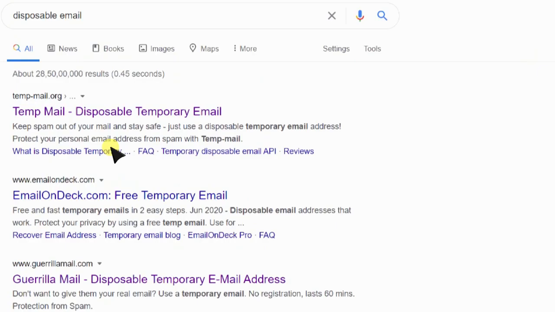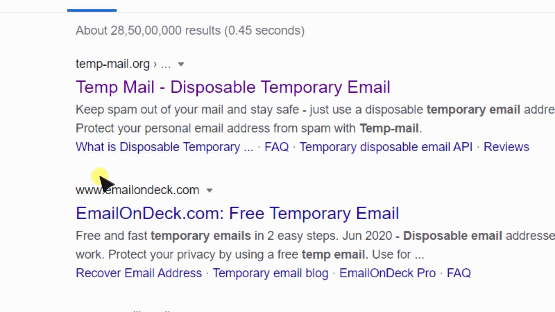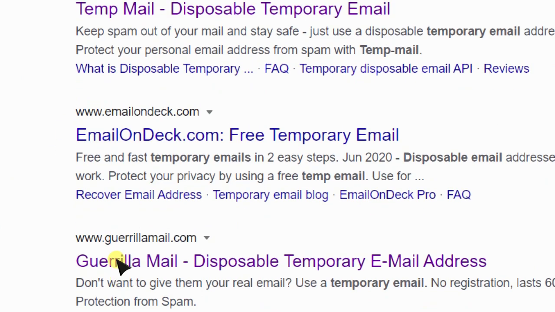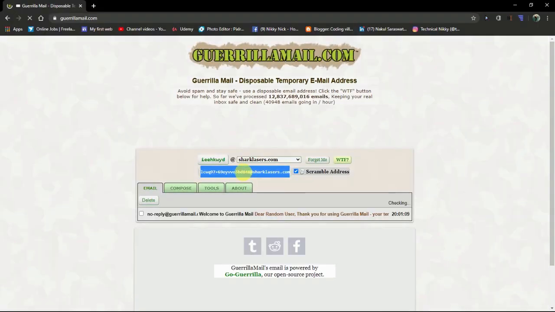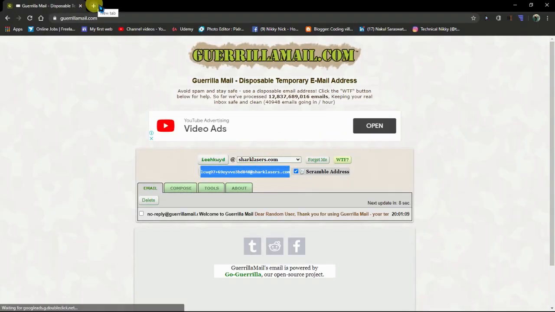There are so many websites available on the internet for fake emails, but I will use this one, gorillamail.com. Go to this website, and here you will get an email.